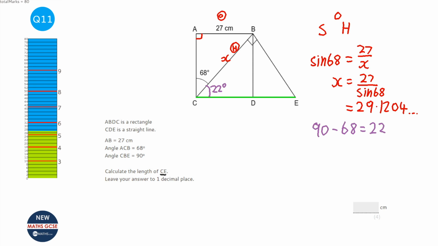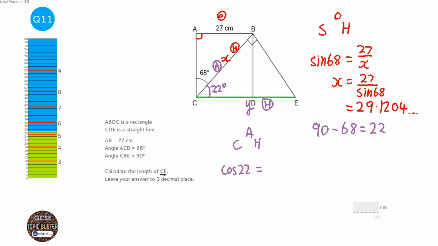Now I'm looking for this one, so CE, I'm going to call CE y, and I've got the adjacent here, and I've got the hypotenuse because this is opposite the right angle. So this time I'm going to be using cos, so it's CAH, so cos 22